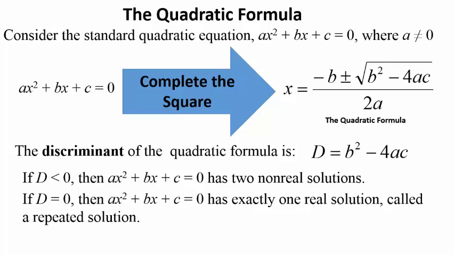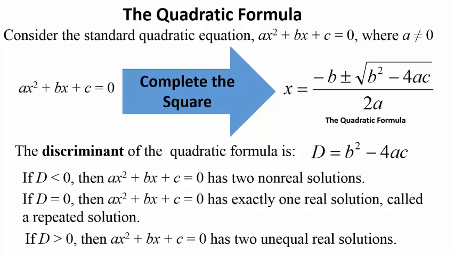If the discriminant D equals 0, then the quadratic equation has exactly one real solution called a repeated solution. If D is greater than 0, then it has two unequal real solutions. So let's look at using this information to solve some of the 8.1